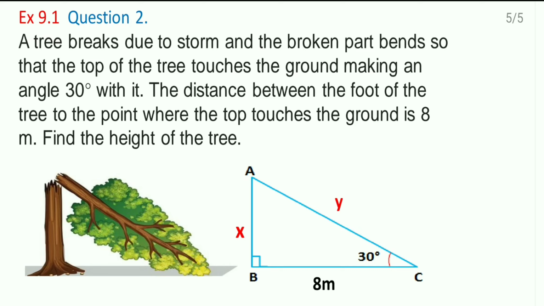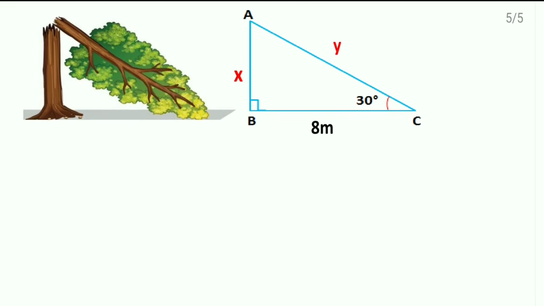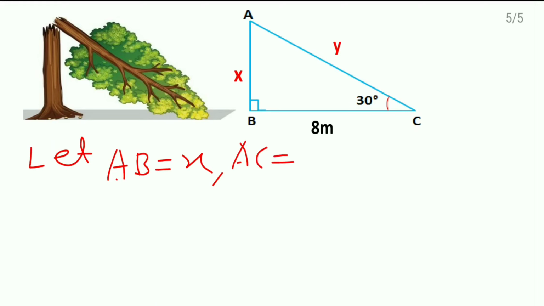To get the height of the tree, we need to find out x and y. So let us write here. Let AB is equal to x and AC which is equal to y. Correct? To get the value of x and y, we will write down the trigonometric ratios here. I will say first